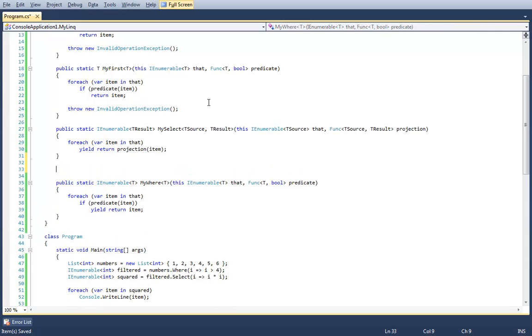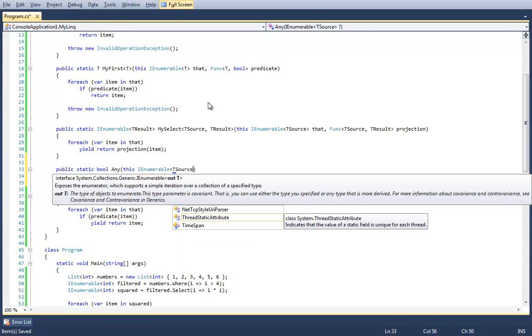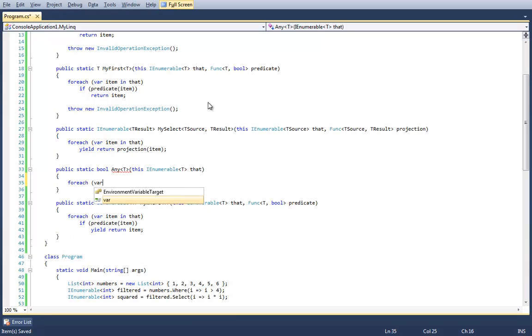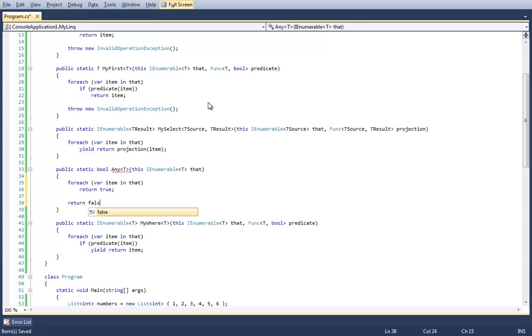Yeah, so in that case, the myAny, remember any will return a Boolean. If there's anything in here. So we can just say for each var item in that, return true, otherwise return false.